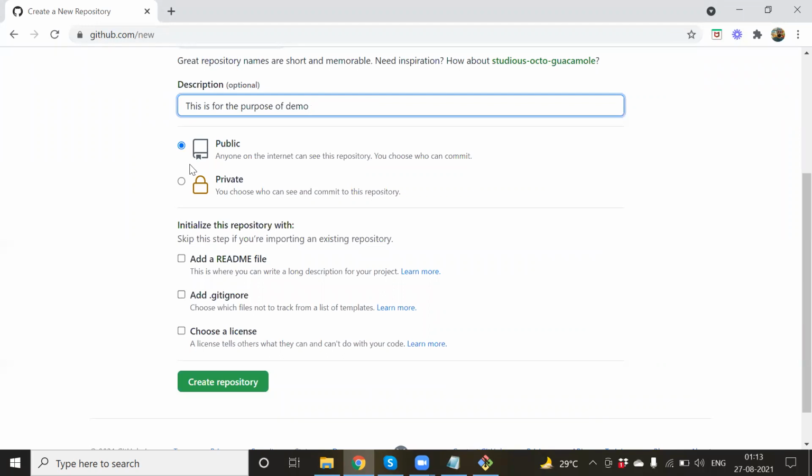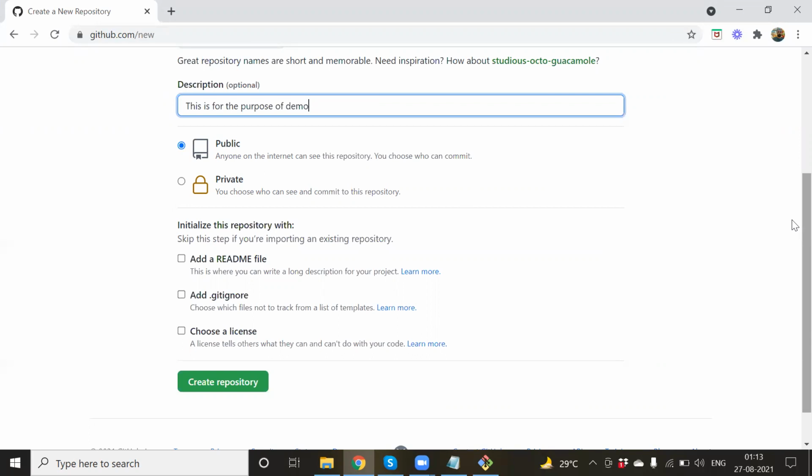Public or private doesn't matter for me. If I am the only person, then I will be able to work with either public or private. It will actually work very much the same. In case it is private, then if somebody else wants to access this private repository, they will not be able to. Or if you want to collaborate in the private repository, they will not be able to unless they get added by me or the owner or the admin who has created the repo.